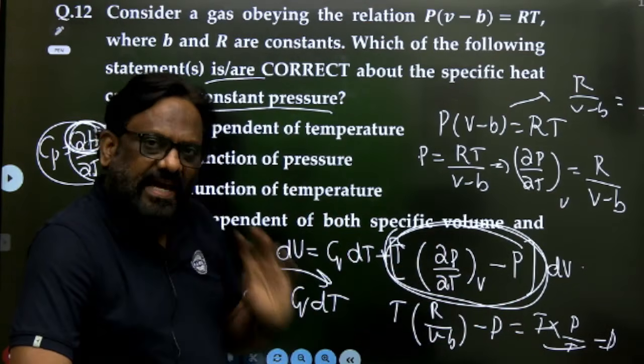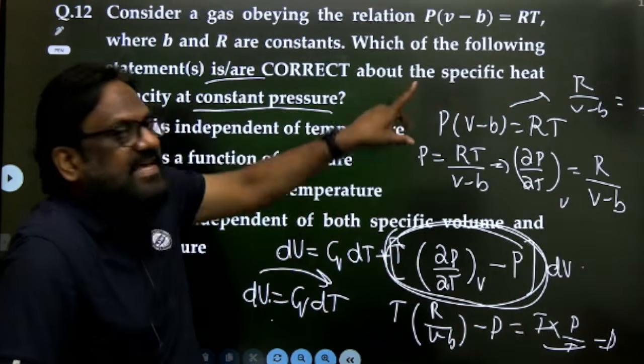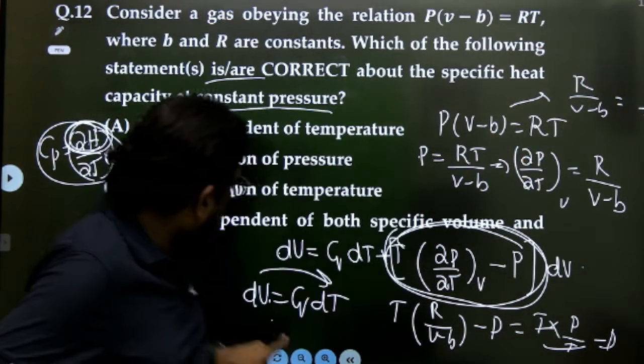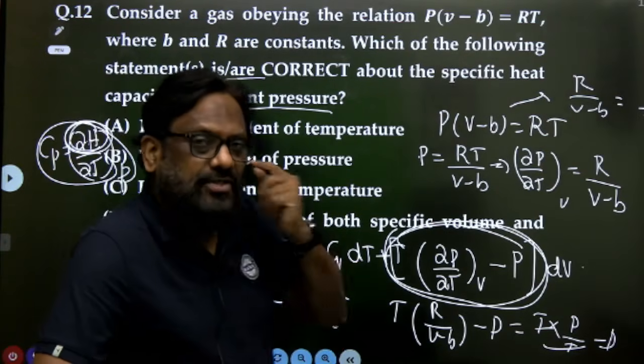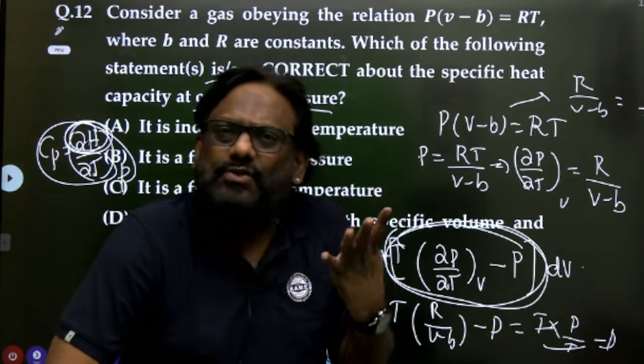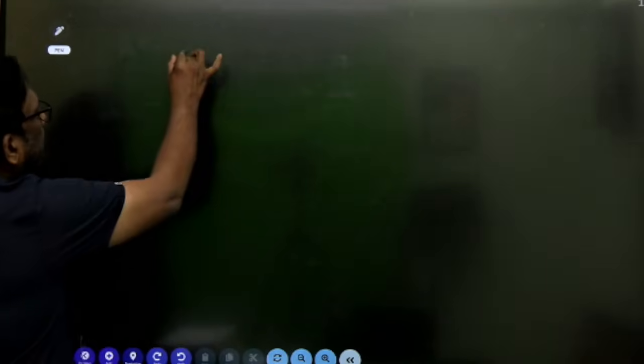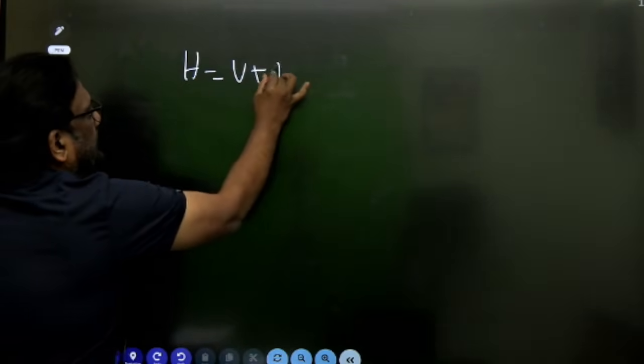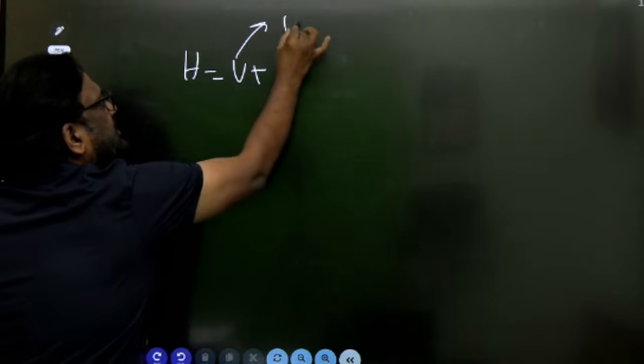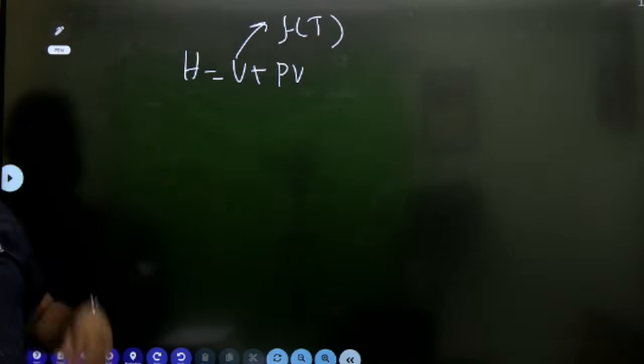समझ में आ रहा है सर? So therefore, now the internal energy of this gas is a function of temperature. ये तो कन्फर्म हो गया, internal energy is a function of temperature. But आप पूछेंगे सर, internal energy function of temperature is known, but I want enthalpy. एक सेकंड, H is U plus PV. मुझे इसका कोई प्रॉब्लम नहीं, it's a function of temperature, मुझे ये वाला चाहिए सर।